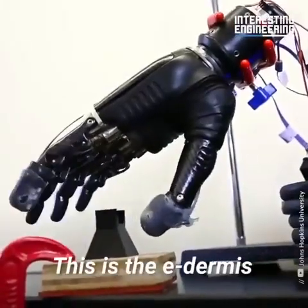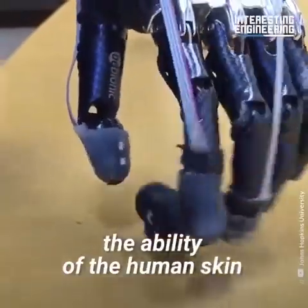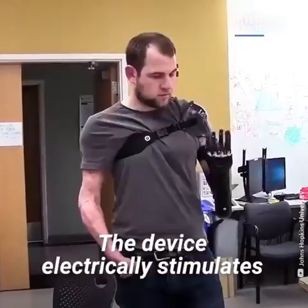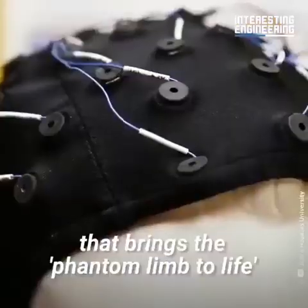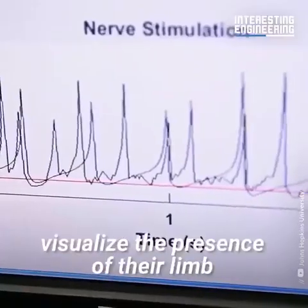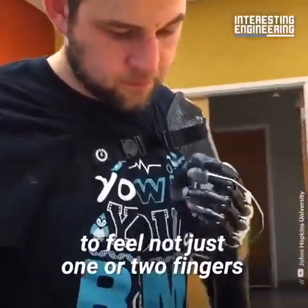This is the eDermis. It's a flexible sensor that mimics the ability of the human skin to sense touch and even pain. The device electrically stimulates the peripheral nerves in the user's arm and sends signals to the brain that brings the phantom limb to life. The eDermis can help amputees visualize the presence of their limb, to feel not just one or two fingers, but